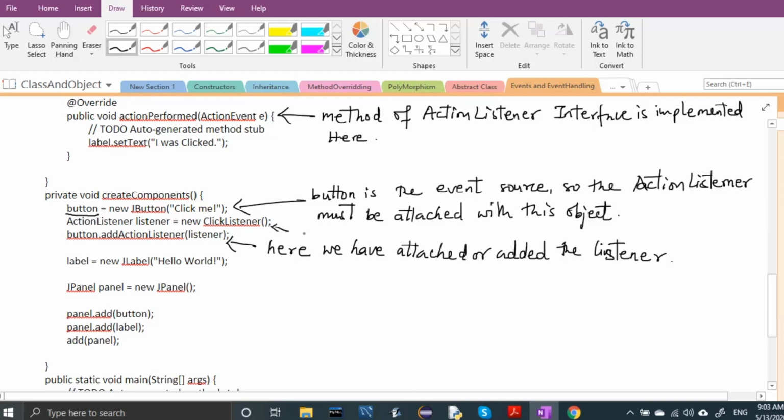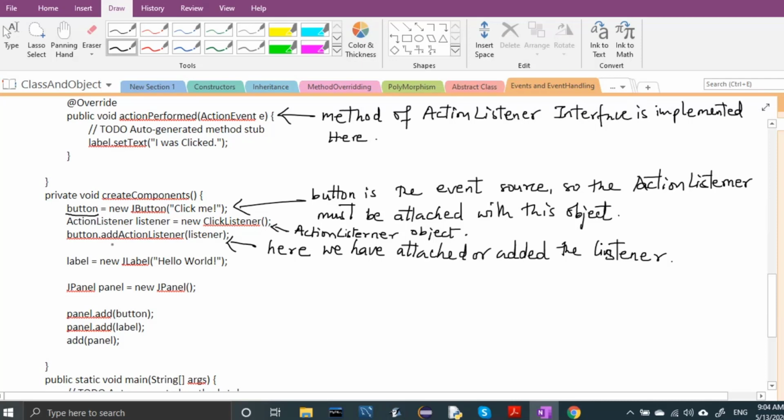This one is the listener object, the action listener object.